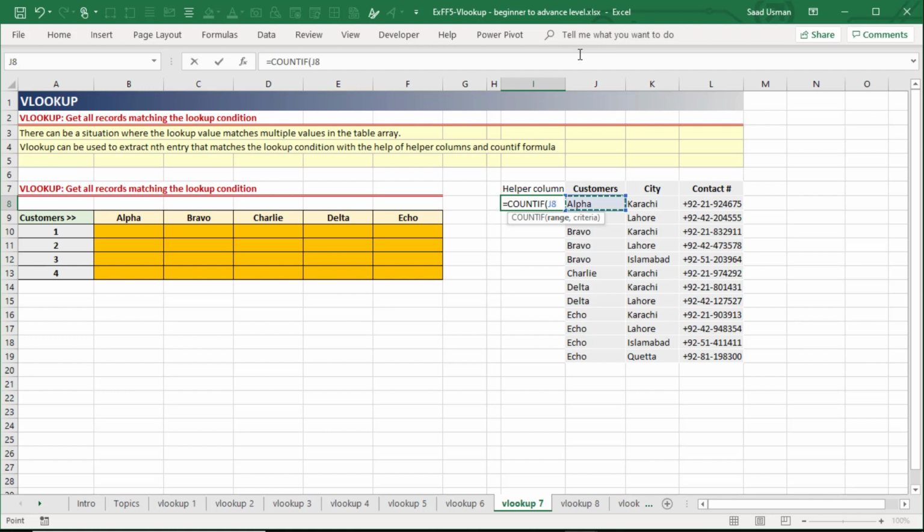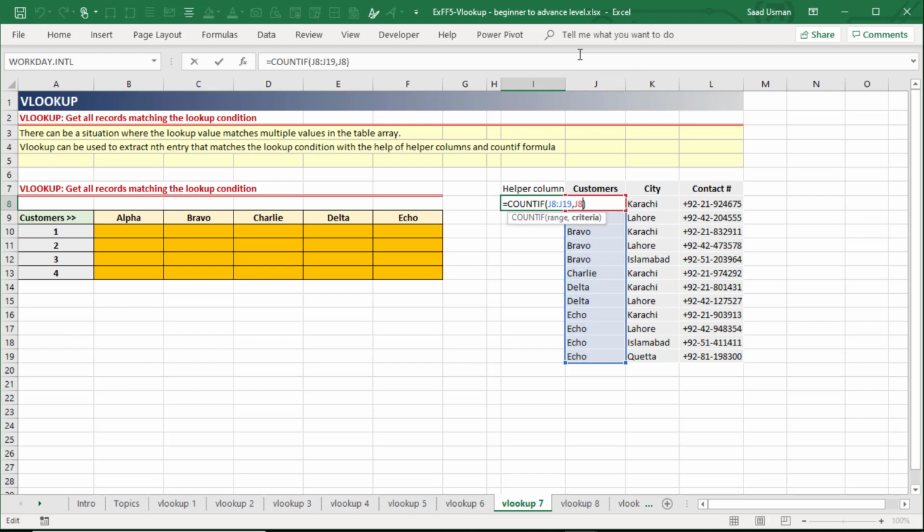But if I give the entire range of cells and the criteria of the current cell, Alpha, it will give me, in the entire range, that Alpha is coming twice. But I don't want this. I want a slight modification of this formula. As I go down from the first row to the next row to the third row, I need to find the occurrences of my current lookup value in the range